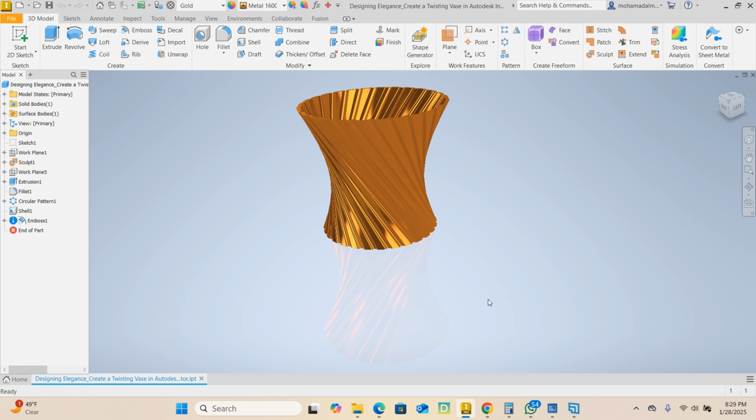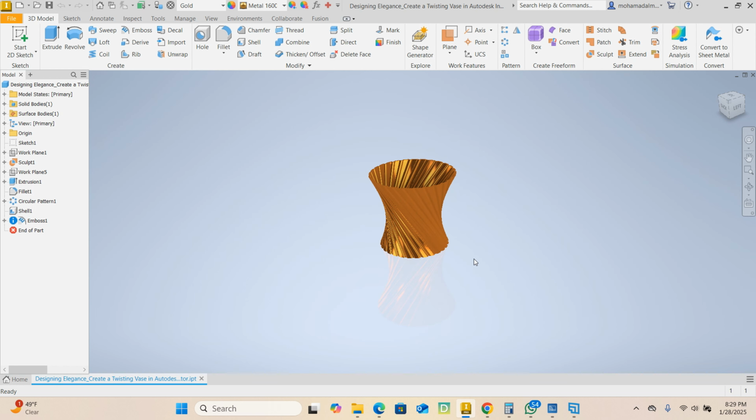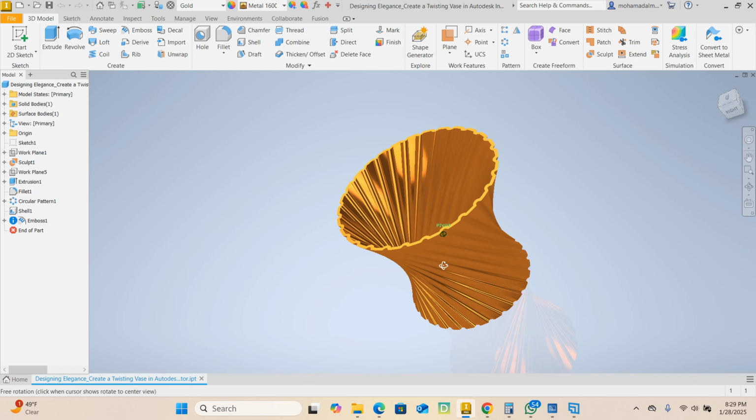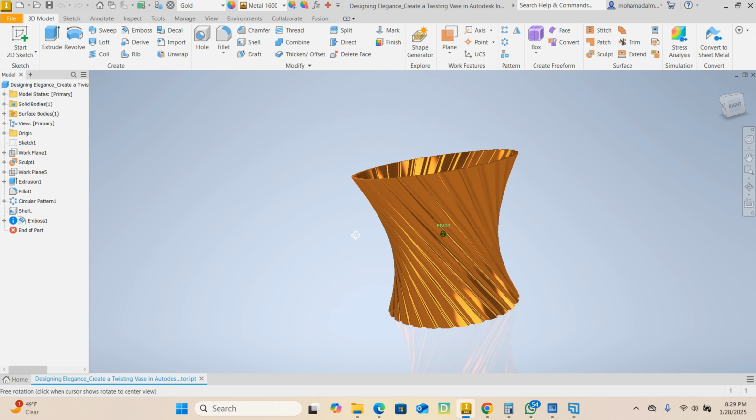Welcome back. We are continuing our practical applications with Autodesk Inventor, and this is exercise number 9. We are designing this elegant twisting vase. This is going to be a quick one. It's just going to be another application of the shell command,